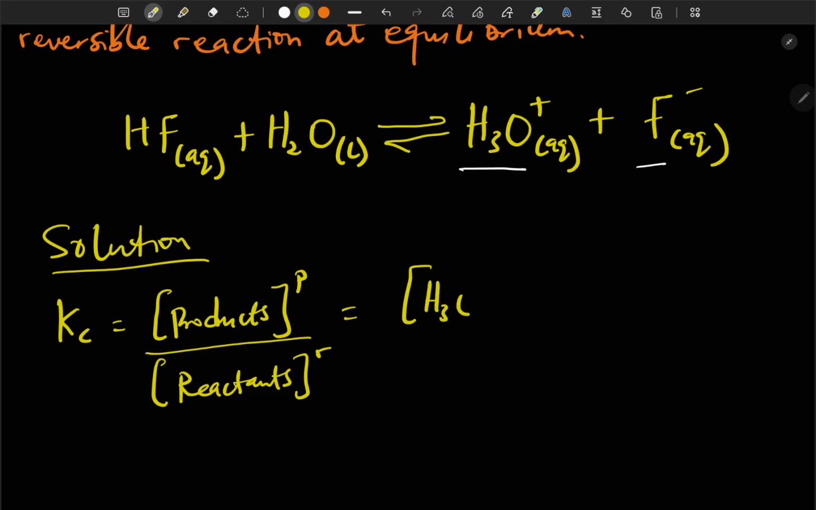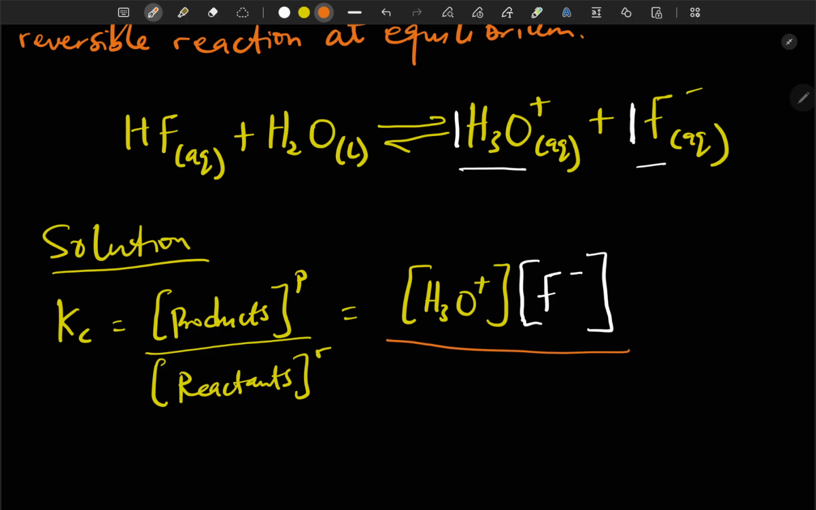Concentration of H3O+. The number of mole here is 1. That is why no number is written here. The number of mole is 1. So raised to power 1 is just the same as leaving it as it is without putting 1 here. So then multiply by the concentration of F-, which is the other product, raised to the power of 1, because there's no number here, it's 1 mole,